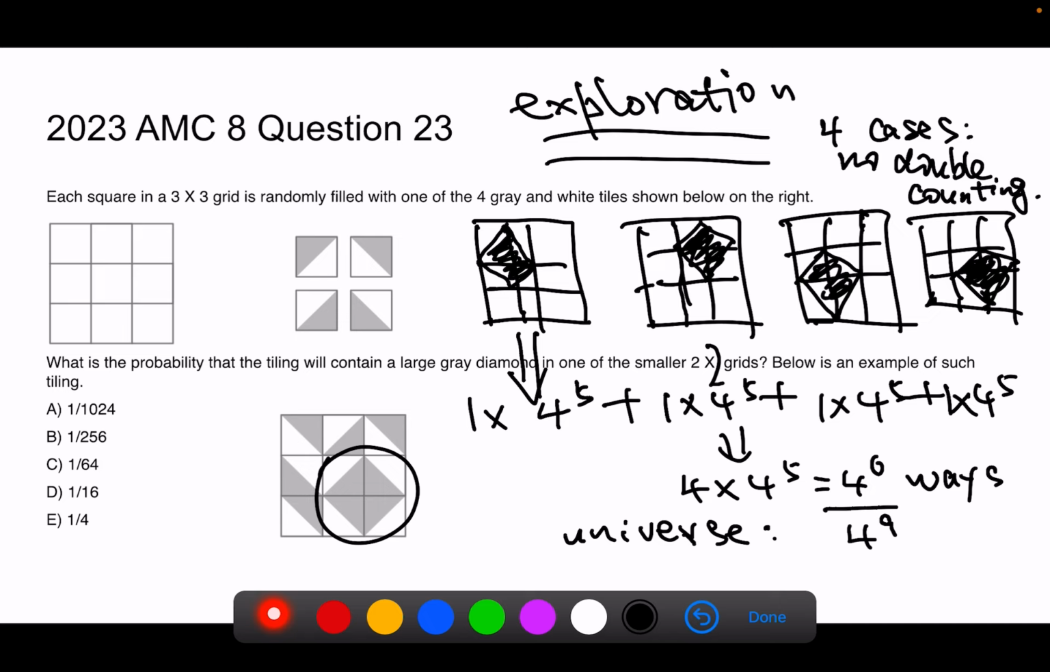The probability is 4 to the power 6 divided by 4 to the power 9, which is 1 over 4 to the power 3, because 9 minus 6 is 3, and that is 1 over 64. So the answer is